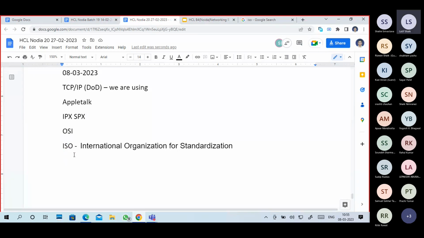Like when you are running a company, are you following standards or not? Management standards, product standards, cleaning, business standards. ISO will give you a certificate that you are following this ISO standard. Like that it is.